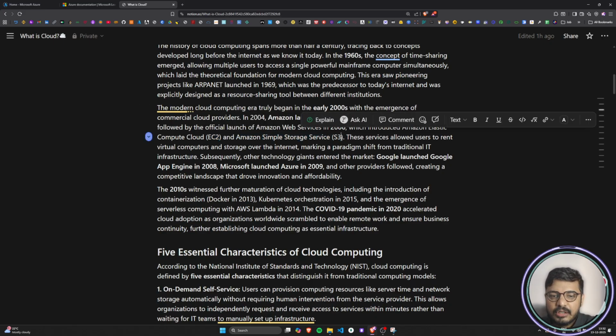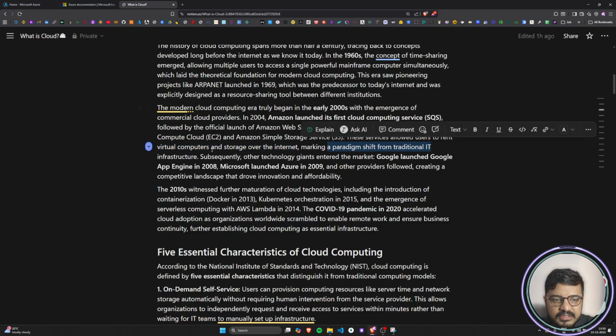And S3. So these are the two most used cloud services to date, launched back in 2006, around 20 years ago. These services allowed users to rent virtual computers and storage over the internet, making a paradigm shift from traditional